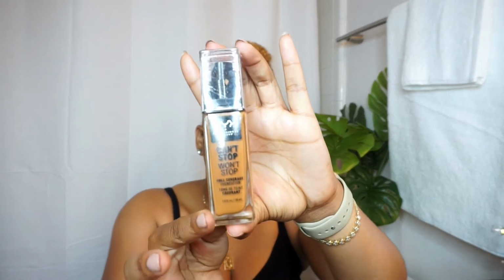Today I'm going to be doing somewhat of a drugstore makeup look. Honestly, just chilling with y'all because I haven't done a makeup look in a while. And I'm going to be using the NYX Can't Stop Won't Stop. This is in the color Cappuccino. This is supposed to be a 24-hour